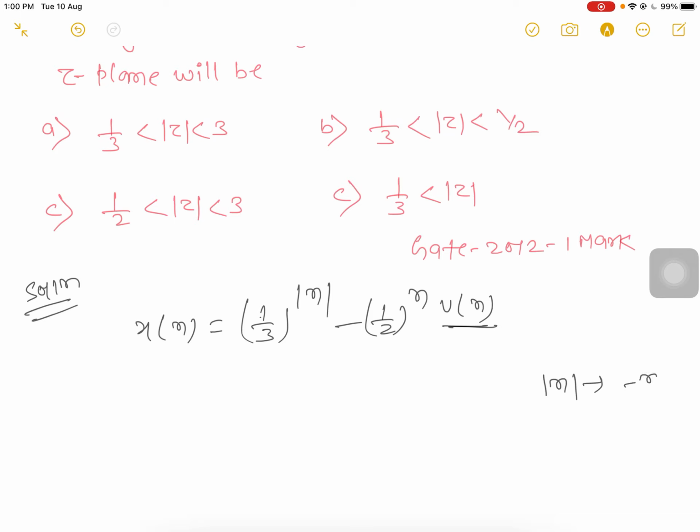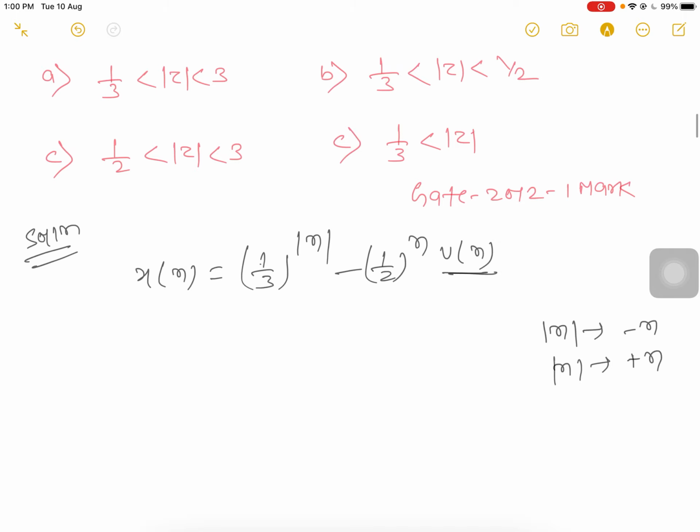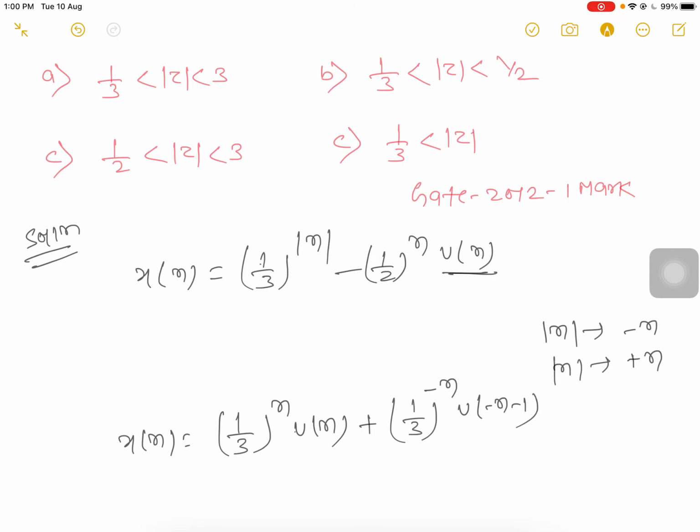When you break the mod n, for negative it will be minus n, and for positive it will be plus n. So x[n] will be (1/3)^n u[n] plus (1/3)^(-n) u[-n-1],